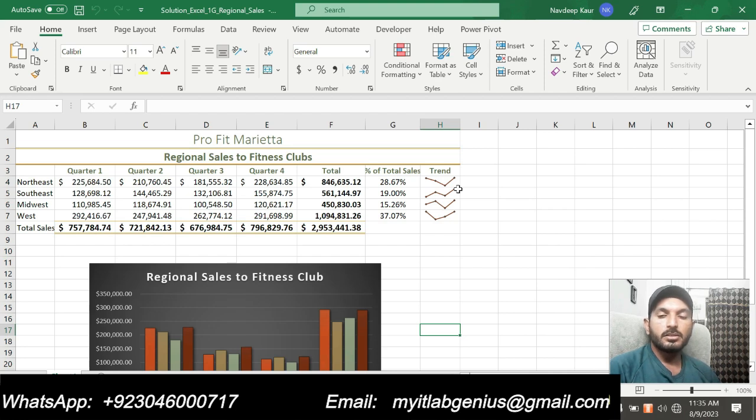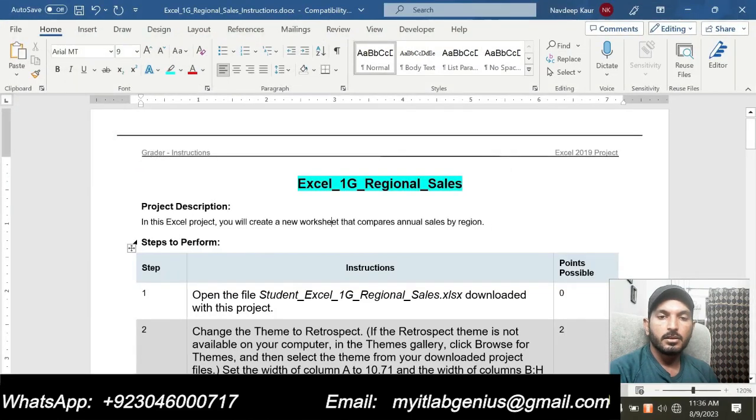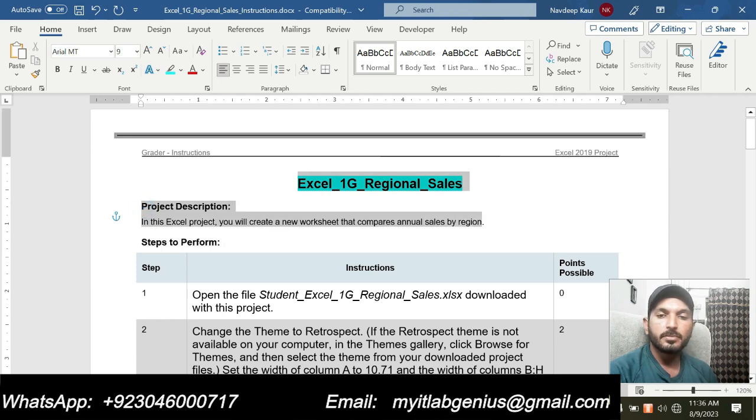So let's start this assignment and solve it step by step so that you can get your assignment ready. Let's move to the instruction file. The title of the assignment is Excel 1G regional sales. Let's start with the description so that you can understand the assignment well. It is saying that